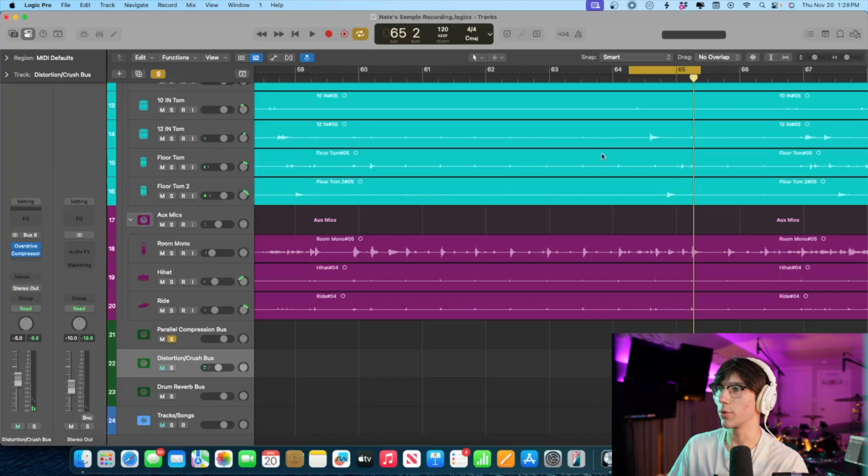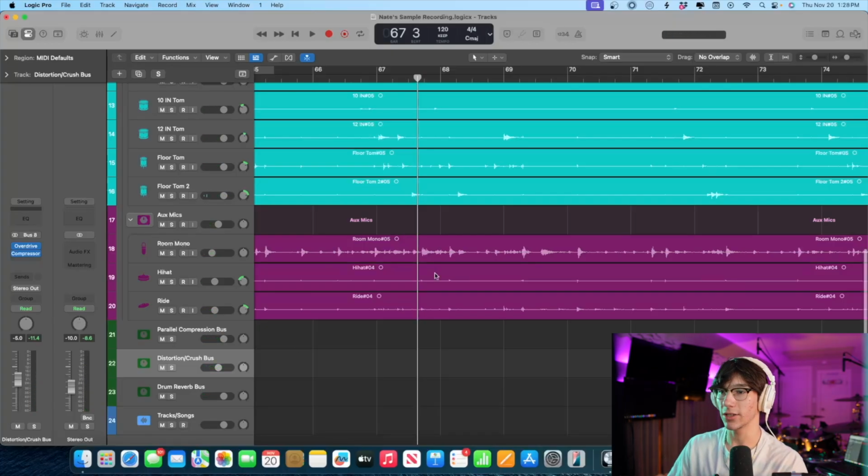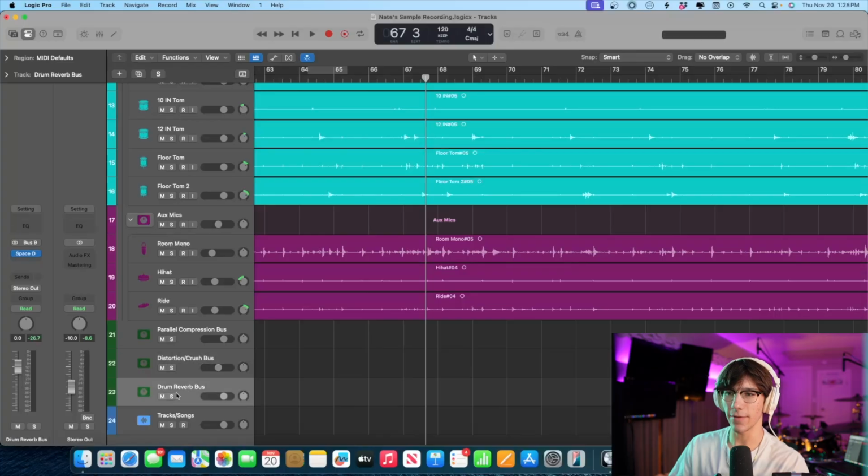Same thing with parallel compression here. You can kind of hear. Adds just a little bit of beef to that mix. It's adding in to your main drum mix. So that's that. And then we have our reverb, which we're using the Space Designer. It's not the best reverb, but as a stock Logic plugin,